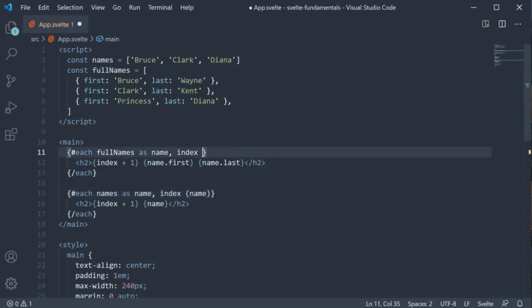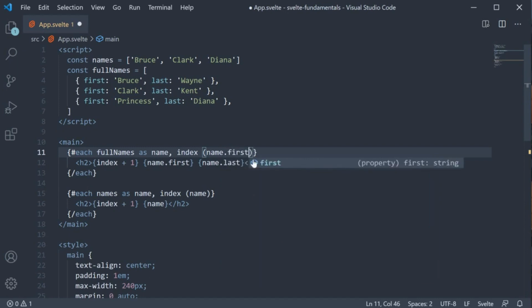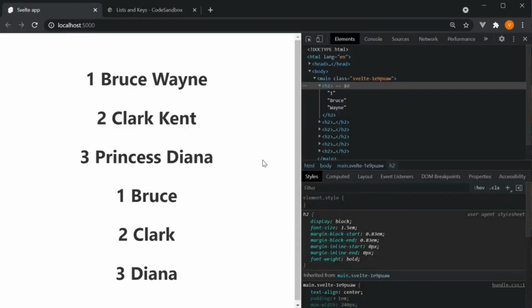For our first each block, we could specify the name object itself. But strings or numbers are recommended since they allow the identity to persist even when objects themselves changed. So we can specify name.first. If we now save the file and go back to the browser, there is absolutely no change to the list